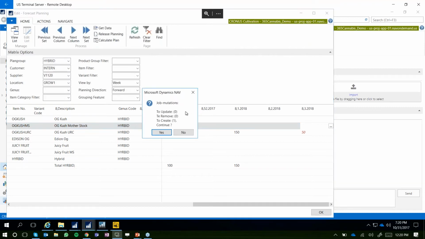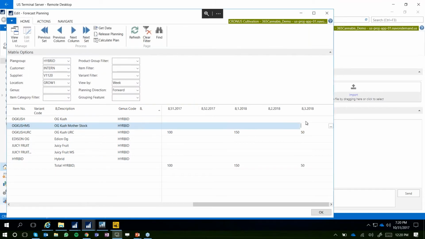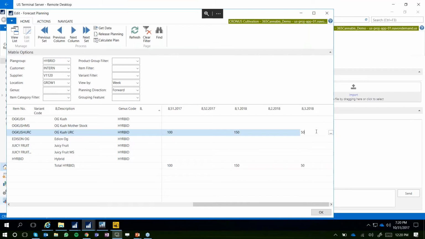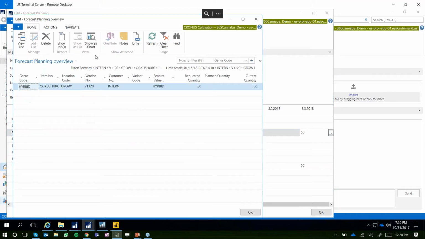So they're just two highlights of some of our planning screens. If we want to tell the system, I want to take cuttings, this is a very easy place to come and do that. I can scroll here and see a whole bunch of strains. We have about 70 strains already in the system and ready to go. So if I come to my OG Kush and I want to say to the system, I want to take 50 cuttings,